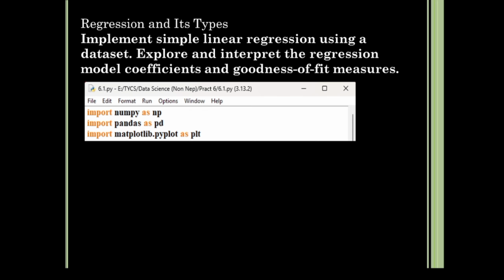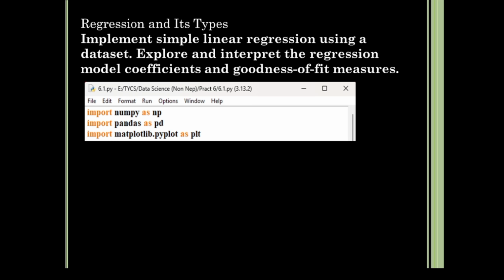So, talking about simple linear regression, I'll tell you in very simple words. It helps us understand how one thing affects another thing and allows us to predict values. That is what simple linear regression is. There is a formula where we say y is equal to a plus b x. We have a dependent variable y and x is my independent variable. A is the intercept, that is the value of y when x is equal to 0. B is the slope, how much y changes when x increases by 1.